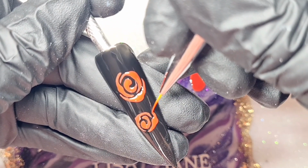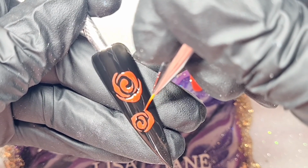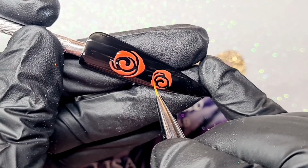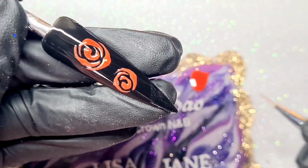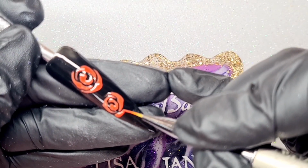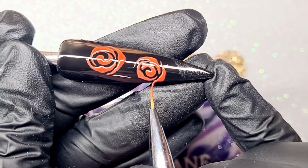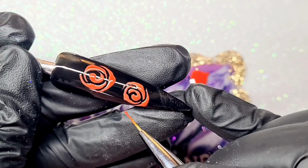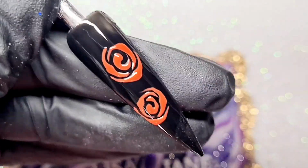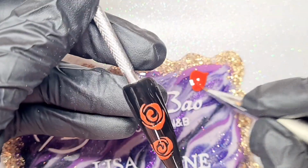My gaps in these, I noticed when I was editing the video, I haven't left very big gaps between the petals, so you can see the black through, but actually for a beginner, perhaps leave bigger gaps, because if those two petals bleed into each other, it just becomes a big blob. So when you start off, perhaps leave a slightly bigger gap between the colours and the petals, just until you're more confident. I'm curing each of these in between, just flash curing,